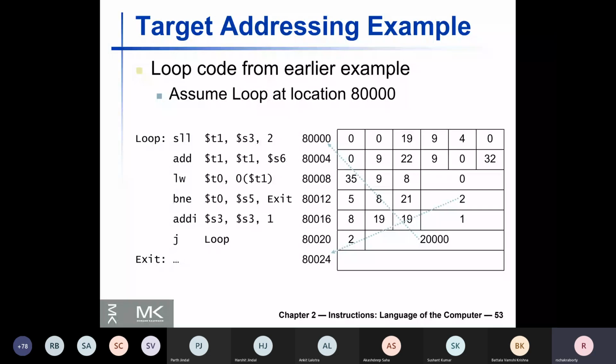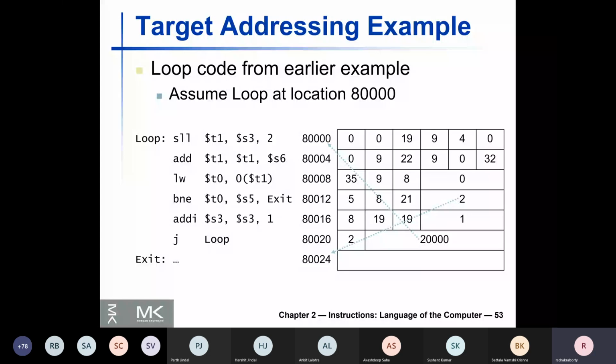The problem happens when, for example, the processor is executing the BNE instruction, which it has fetched from memory location 80,012. Already the program counter is waiting to fetch instruction 80,016 in the next clock cycle.